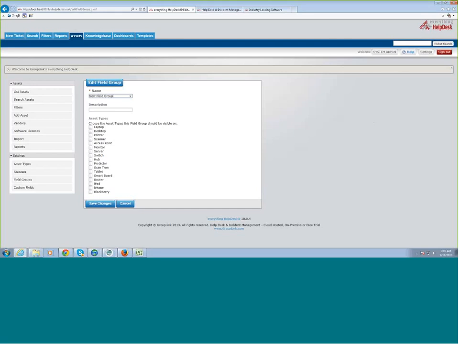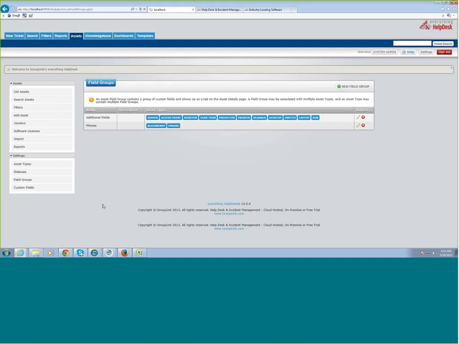And then below is where I'm going to add what asset types this field group will show up on. So I'm just going to change that, and we'll do phones. And we'll just add the iPhone and the BlackBerry. So anytime I'm adding an asset that is an iPhone or a BlackBerry, then this extra field group is